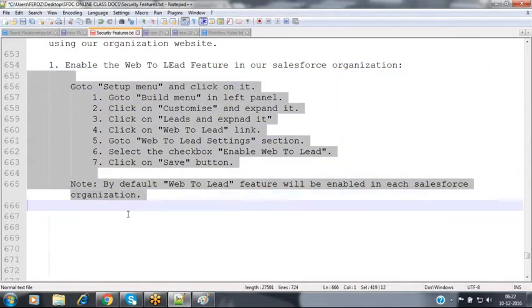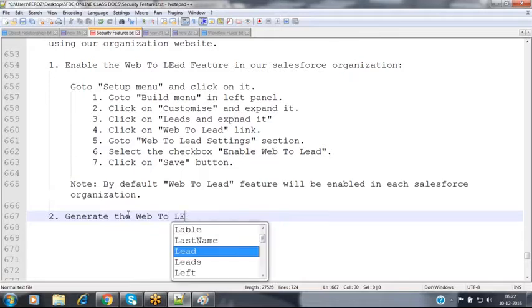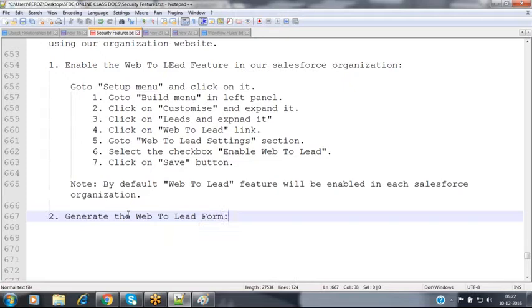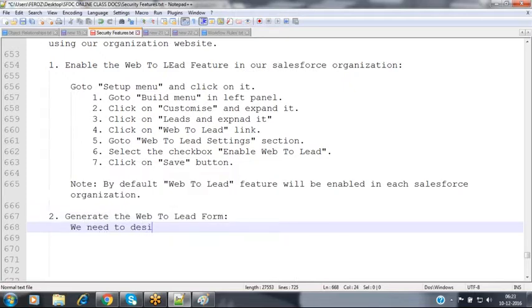This is the first step. And the second step is to generate the web to lead form.